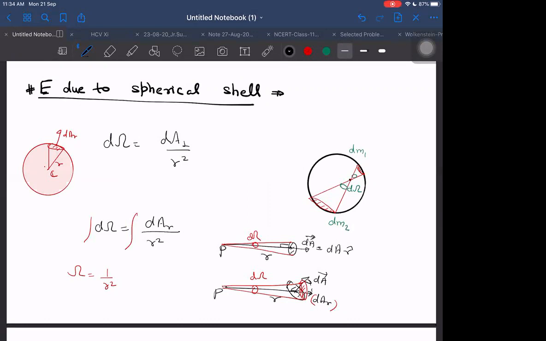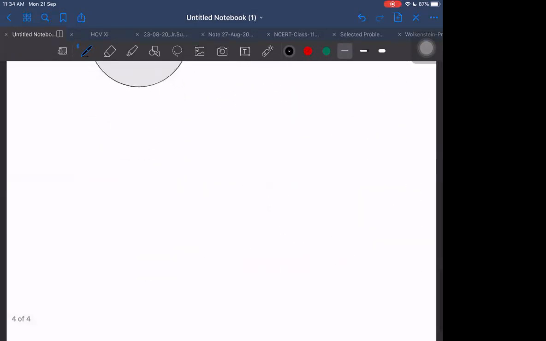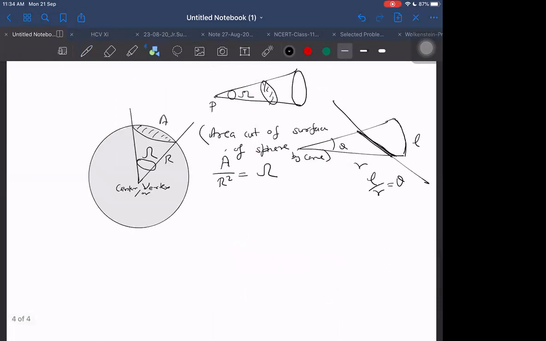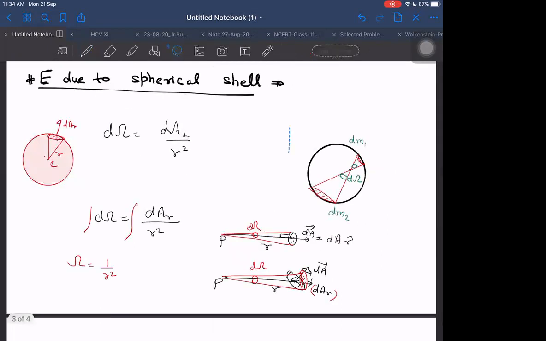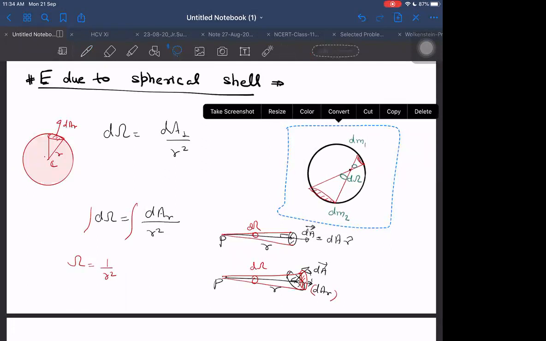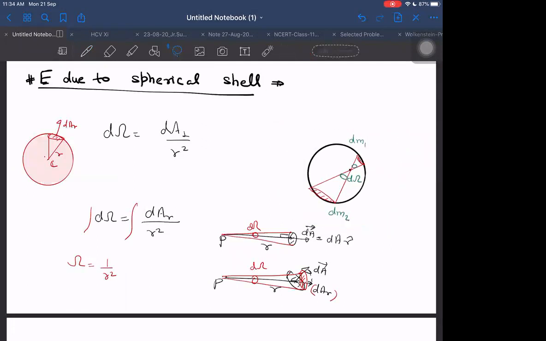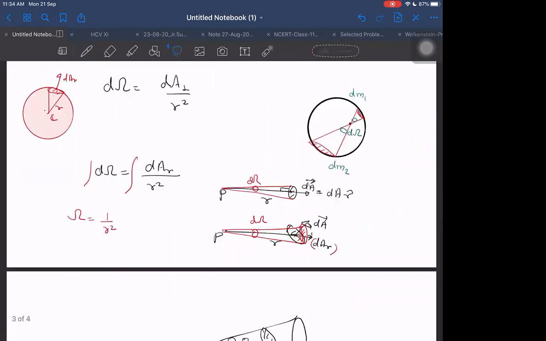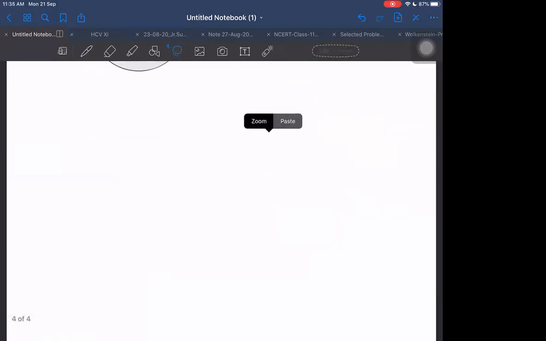Okay. Now, let us come back to our original discussion. I did all this just because it was a kind of revision for you. I have discussed these things before, but I wanted to use this concept now to derive E. How to derive that? Let us derive it here.